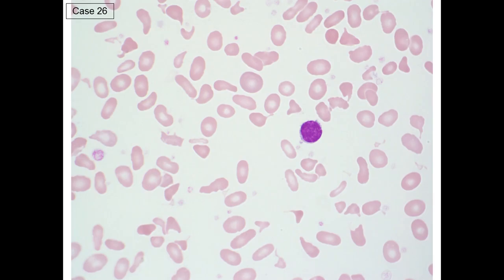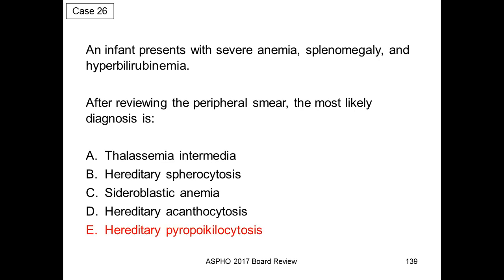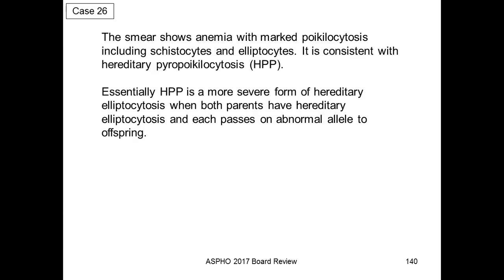If you look at this smear carefully, you can see that there's a great deal of variability between the red cell shape and size. So you can see schistocytes, you can see red cells that actually look like elliptocytes, and I would characterize this smear as having a high degree of poikilocytosis. So this is an example of pyropoikilocytosis, and you can see marked poikilocytosis with increased schistocytes